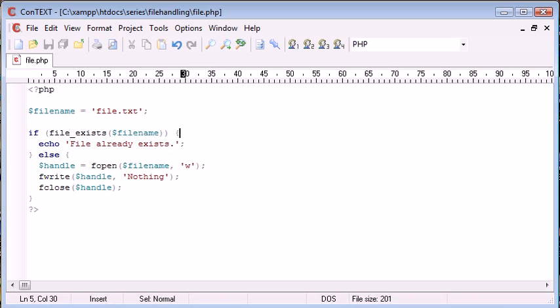So this is the file exists function in PHP. Really useful, like I said, when you're handling file uploads and you want to check if a file name already exists, just to ensure that you don't overwrite